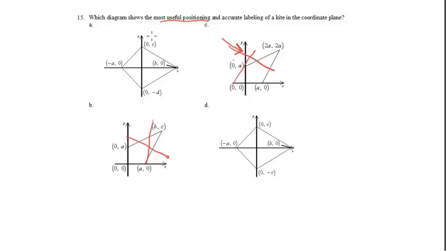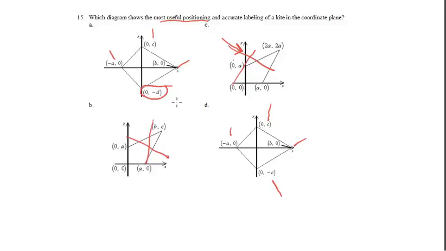Well, this one shows coordinates 0, C. This shows negative A, 0. This one shows B, 0. And this one shows 0, negative C. Well, look at this. This shows 0, negative D, which I'm not sure is going to be accurate labeling for